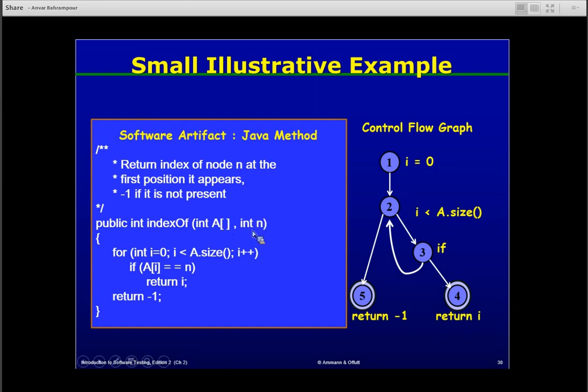Any value except n. So the next input value could be an array with